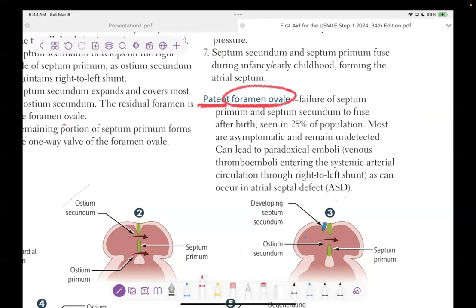It is supposed to be open before birth because right pressure is increased and right pressure pushes the door away and opens it. But after birth, it should be closed, right? Whenever it stays open, this is called patent foramen ovale. Failure of septum primum and septum secundum to fuse after birth. We said that those two septa should stay